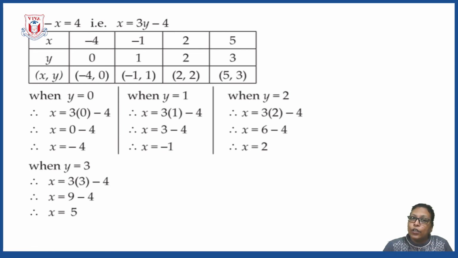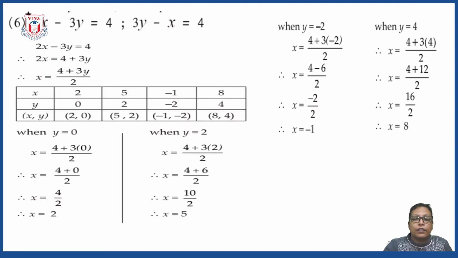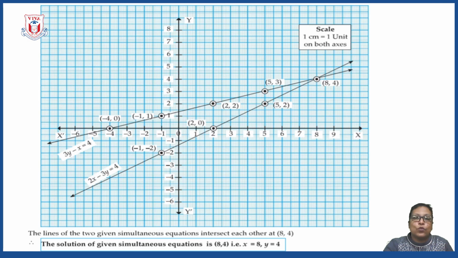Then as I have said, you have to plot the first line first. That means plot all the 4 points and draw the line passing through all these 4 points. If the line is not passing through all the 4 points, it means that you are wrong somewhere. Okay. So once again check the values and you should get a straight line, because as I have said, the graph of the simultaneous equation or linear equation in two variables is always a line. So you must get a line. Then draw the second line. So it will look like this on the graph paper.